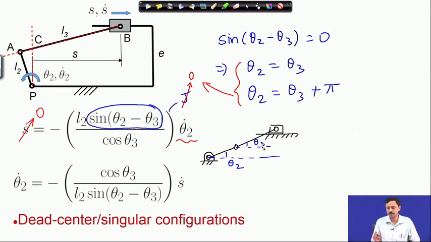As you can see, theta 2 is equal to theta 3. So, this is the open configuration. There is another configuration corresponding to the second solution here,